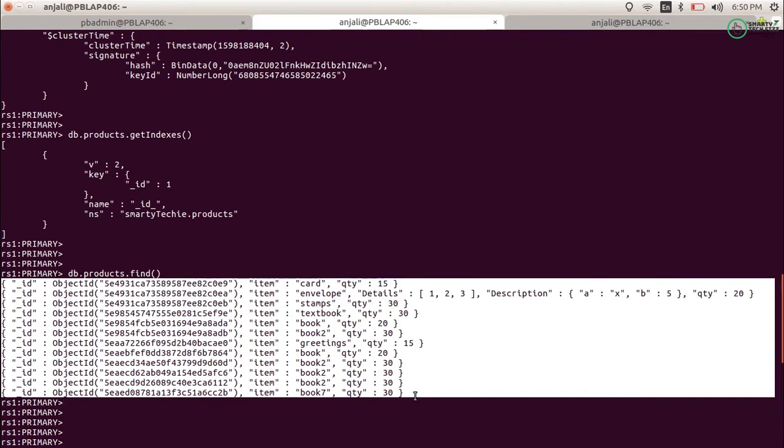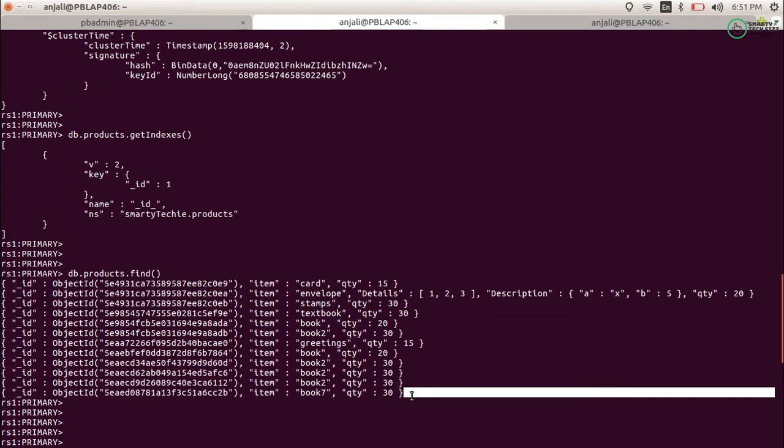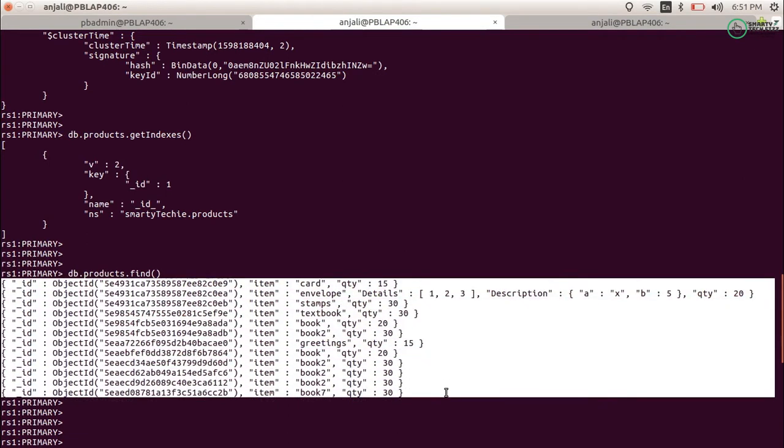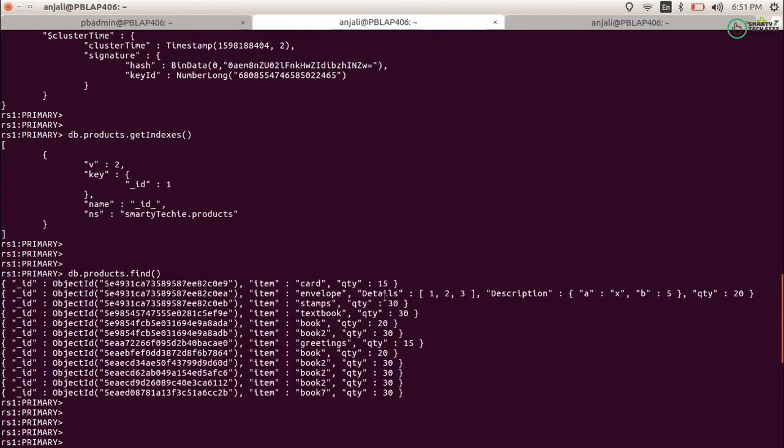So let's see what sparse indexes are. Let's say I have a number of documents in my products collection, and I want to create an index, for example, on details. If I create a normal index, whether unique, primary or another type, it will create an index entry even for the other documents which don't have this field.